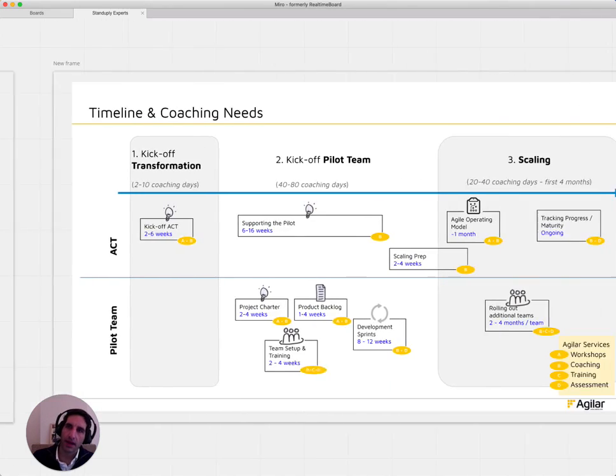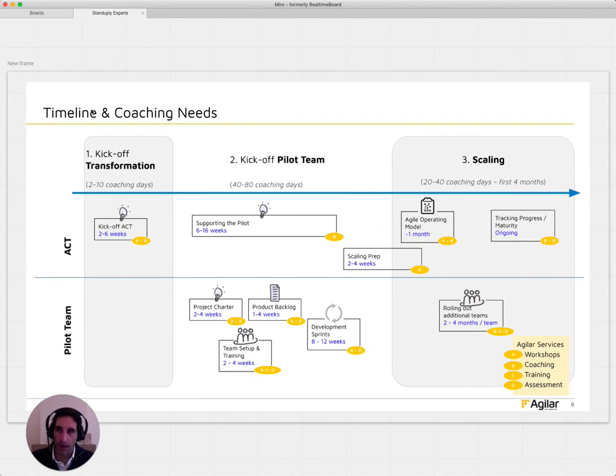Right, and then if you look at the timeline, the kind of overview of it all, this is how I would see it, right? There is a kickoff part. It takes about 2 to 6 weeks to figure out who is on our ACT team, what is our vision, and putting that together.